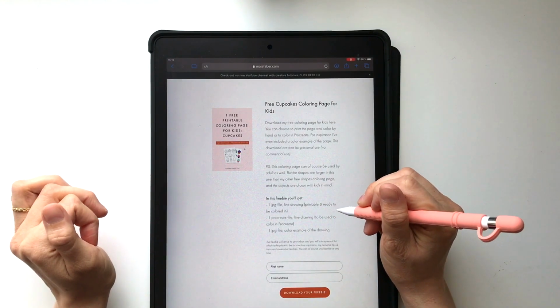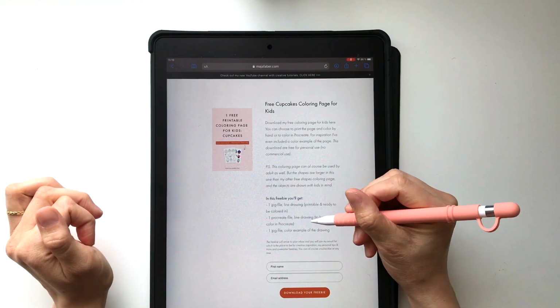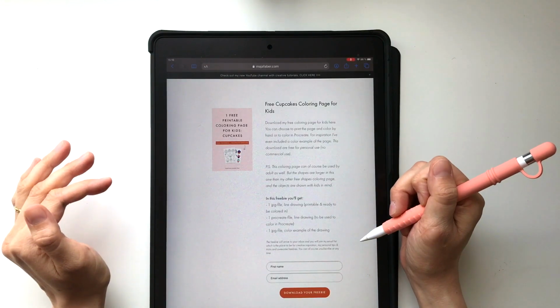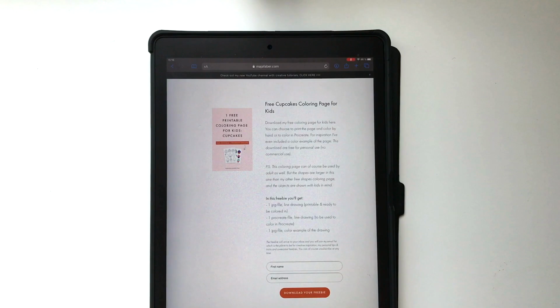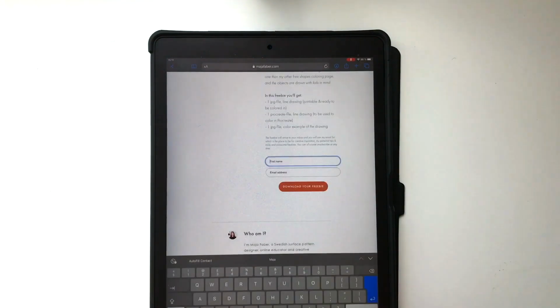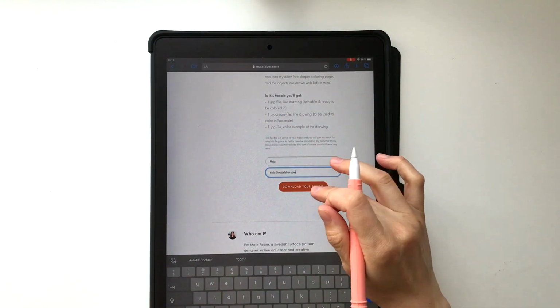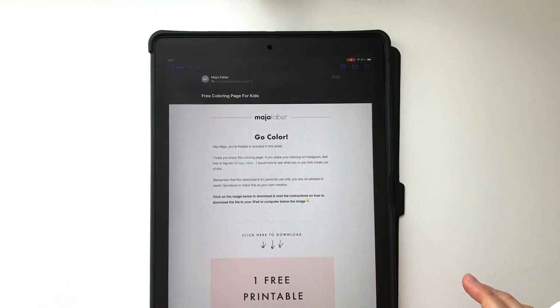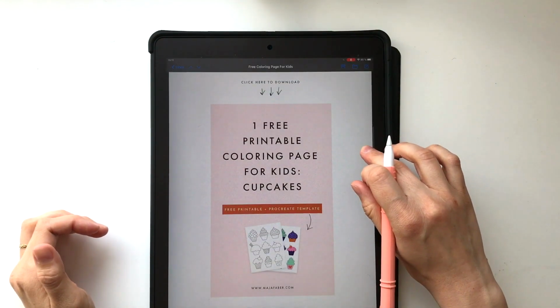It's one JPEG file that you can print and color by hand, one Procreate file that you can use in Procreate, and one file that is just a color example if you need some inspiration when you color. So to download the file, you write your name and your email address in these boxes and hit download your freebie. Your freebie will arrive in your inbox, and when you have it here, you just tap the image,